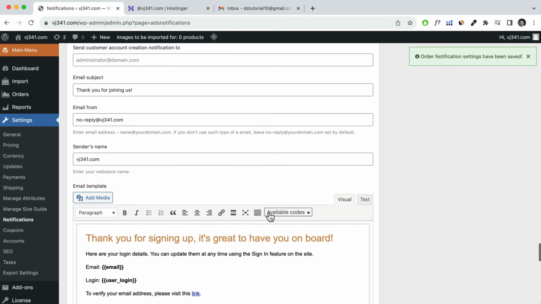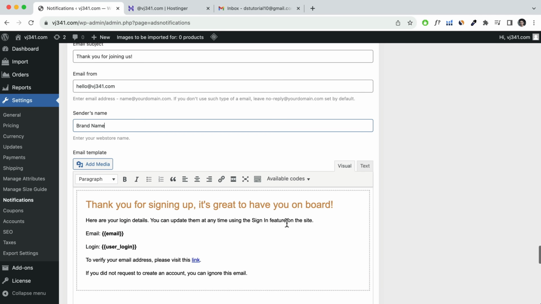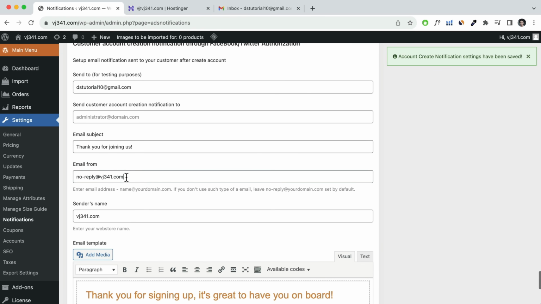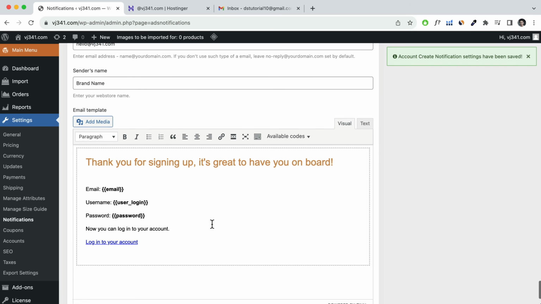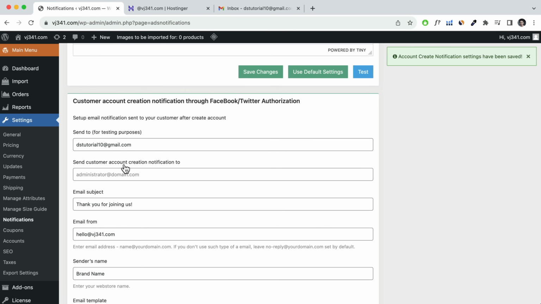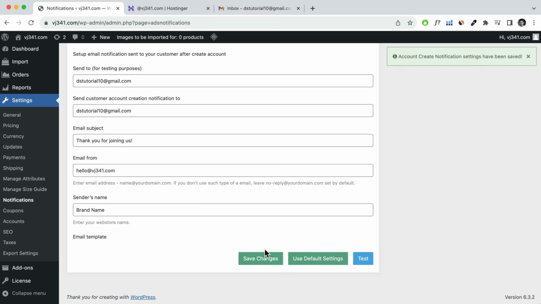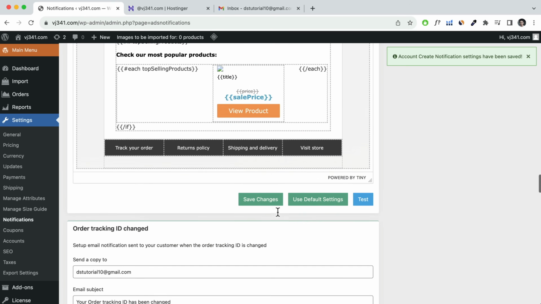Okay, so we're almost done. This one over here, and save changes. Paste in this one here, save changes. So make sure you check everything. And this one, send customer account creation notification to, so you may want to put that in as well. Save changes. Once that is done, we can scroll back up over here to the top,